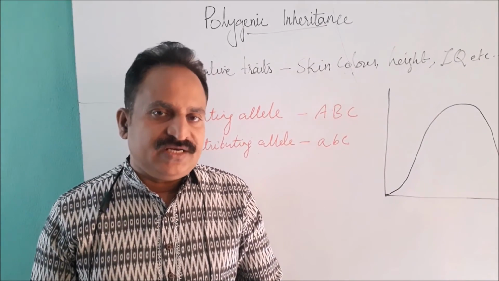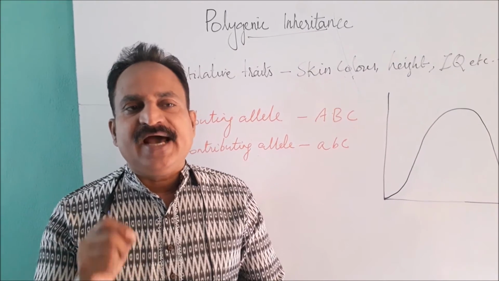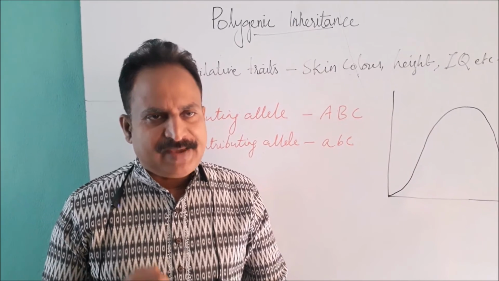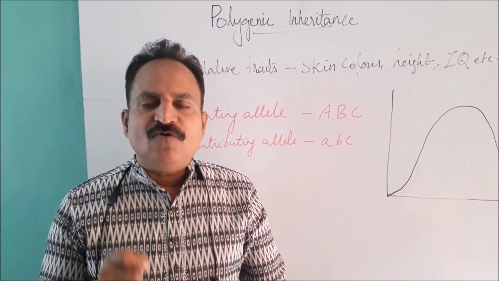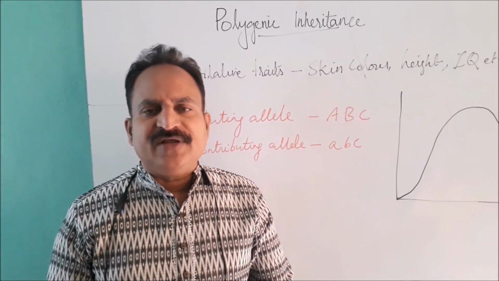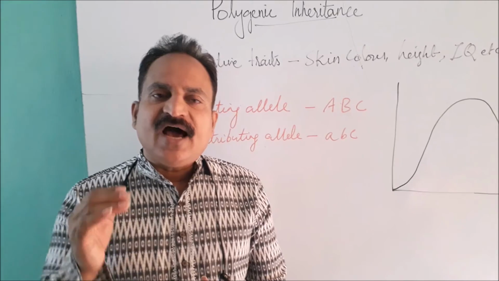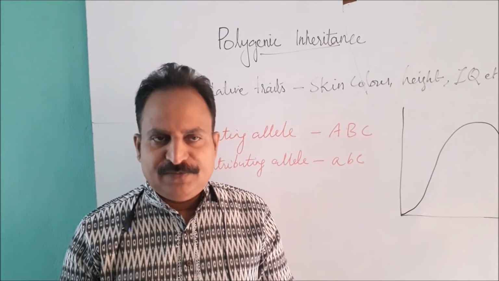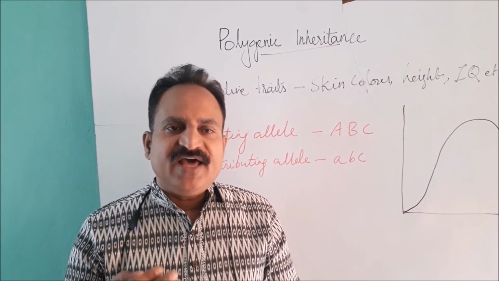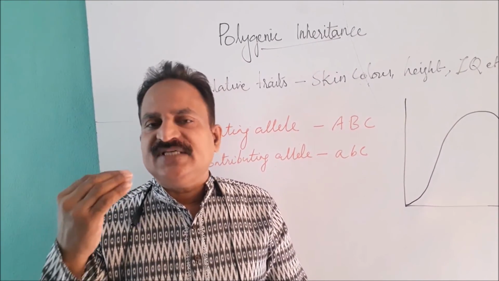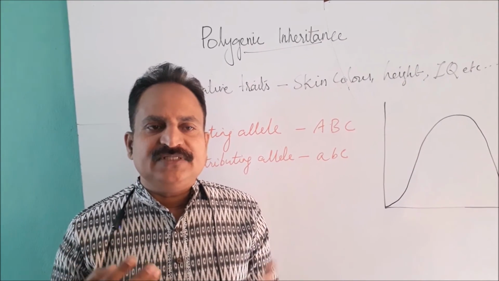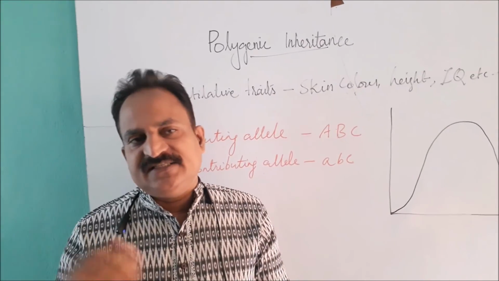Another example of a quantitative trait is human height. Human height is an extremely complex inheritance pattern as there are over 400 genes controlling it. It is therefore extremely difficult to predict the height that an offspring will be. Two short parents may produce a tall child, whereas two tall parents can produce a short child, and parents with completely different heights may produce a tall, short or intermediary child.